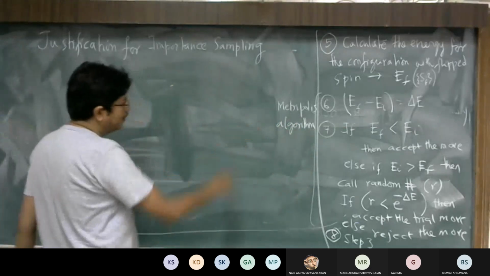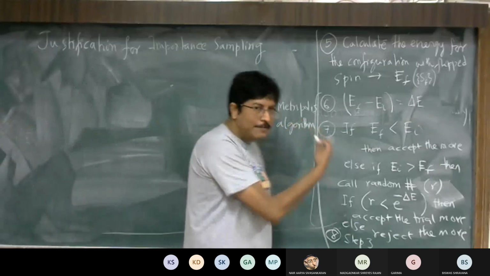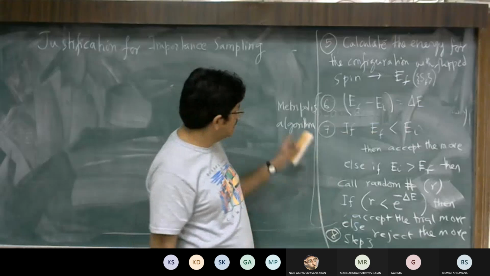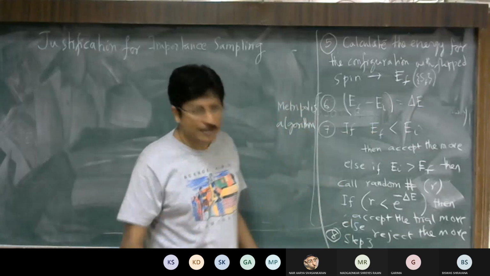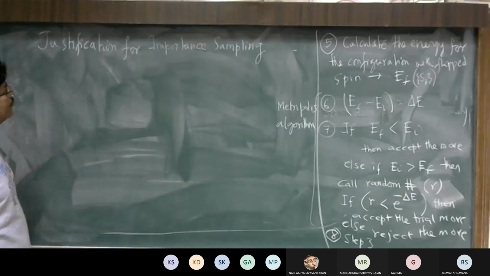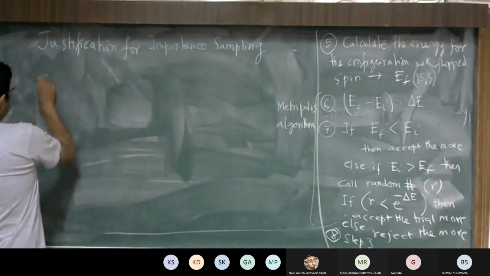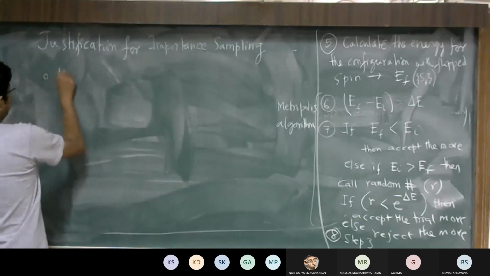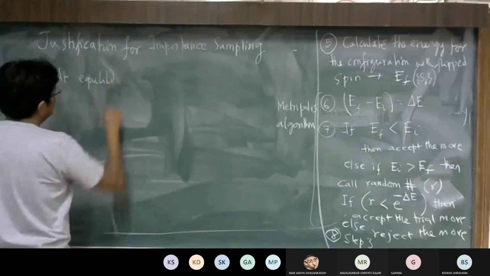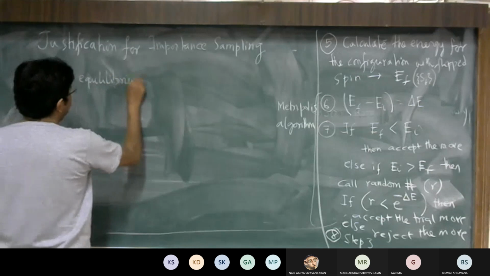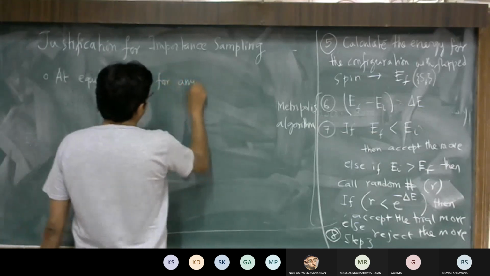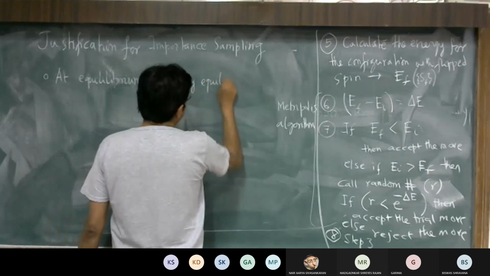And I must mention as an additional point, this is not the only way in which you can generate the correct equilibrium distribution, but this is certainly one of the ways in which you can do it, but it's not unique. Now I come to the justification for importance sampling. The crucial point is at equilibrium, and this is something very fundamental, not just for the Ising model, but for any equilibrium system, including Ising, of course,